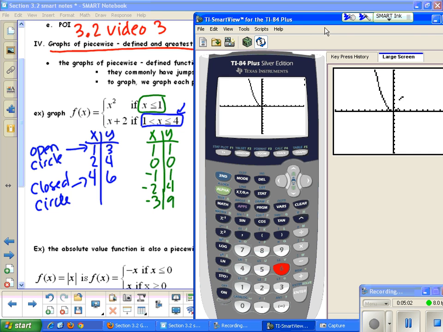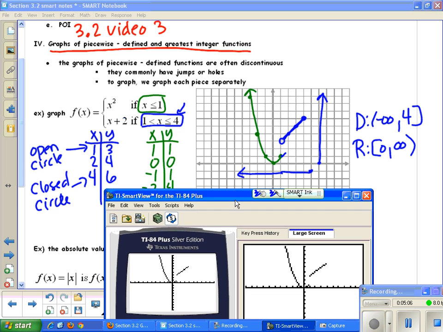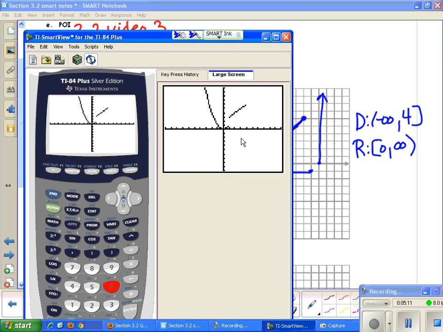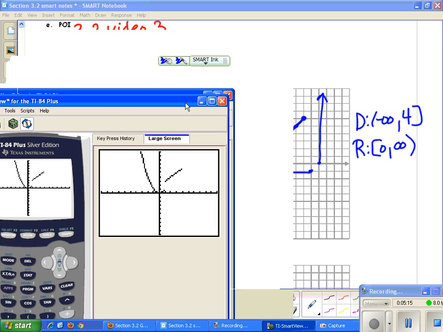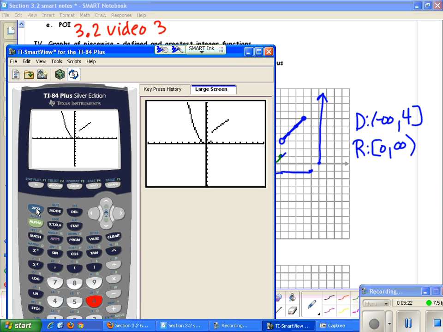notice this is what your graph looks like, and if you look here, that is exactly what our graph looks like when we graphed it by hand. If you look at this graph, it's hard to tell that we have a closed circle here and an open circle here, but if you look at your table,